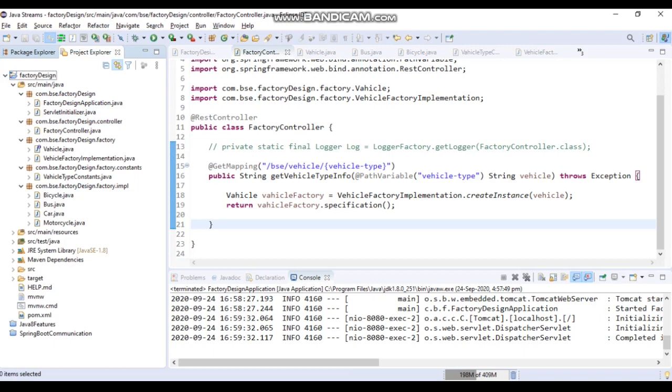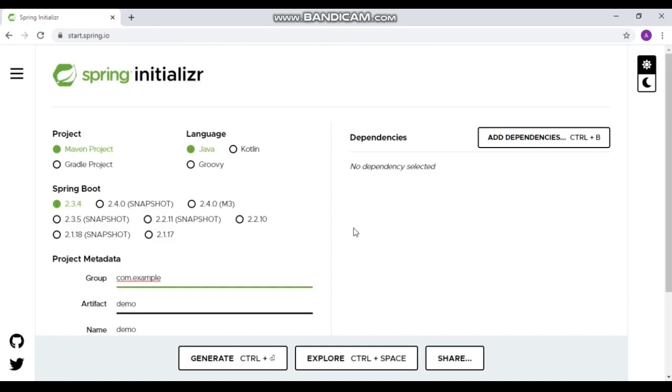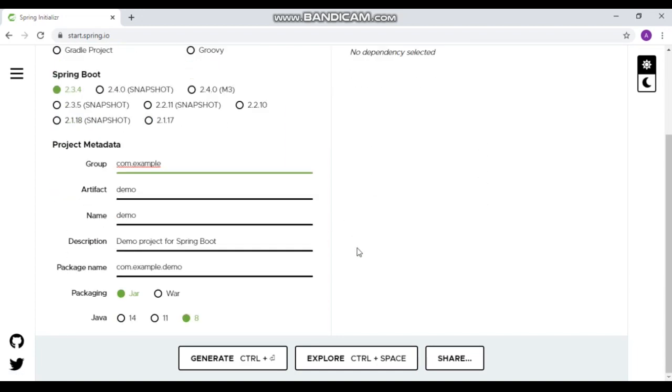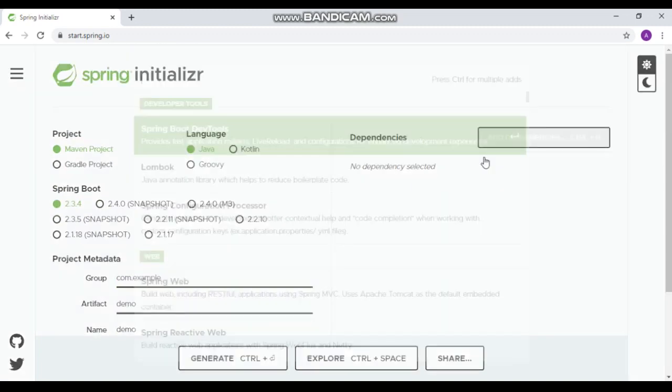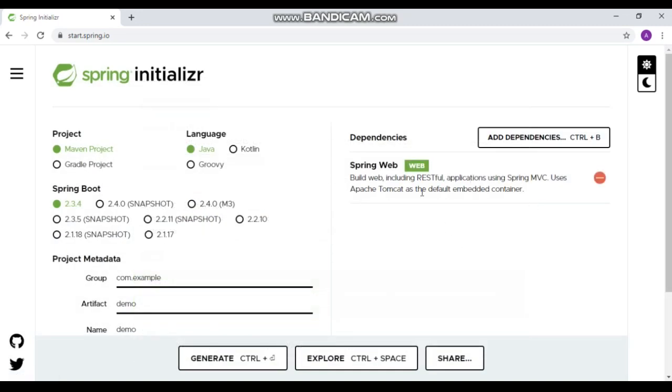First of all, we are going to go to the site start.spring.io, and then we are going to add the group ID and artifact ID, and then generate a Spring Boot project using Java 8, and click on generate. We need to add the dependency Spring Web, which has all the dependencies.